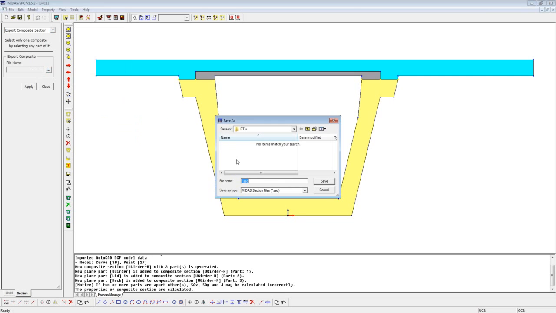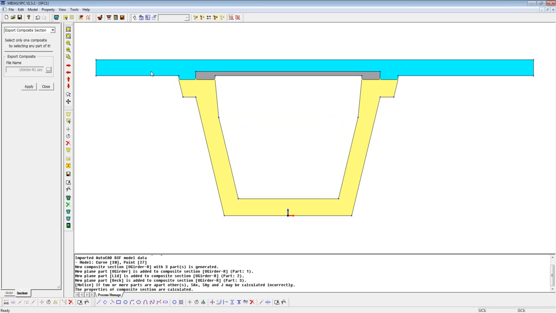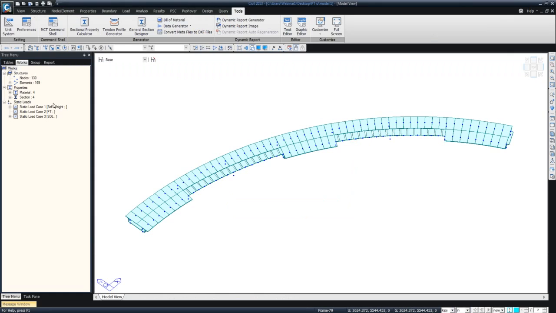And here I'll define it, give it some name. I'll say Girder dash R. Say I'll change this name to R1, and I'll say save. And now I'll just select the entire cross section and say apply. So now the section is created and saved, and all I need to do is go into the program here